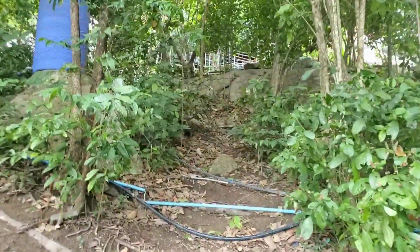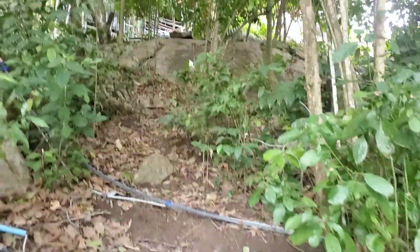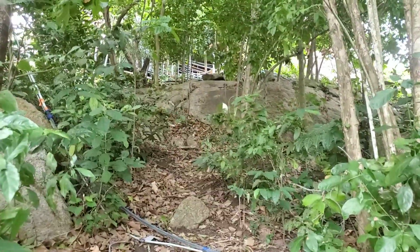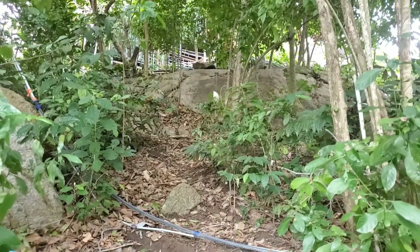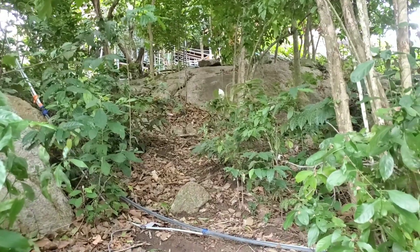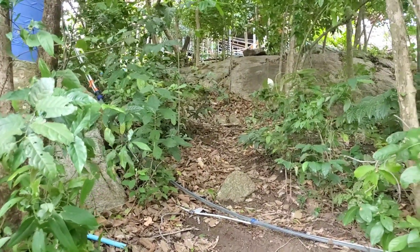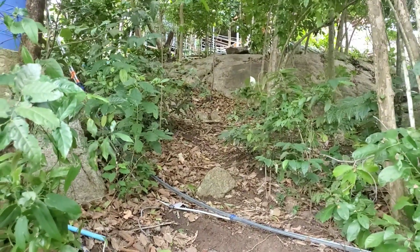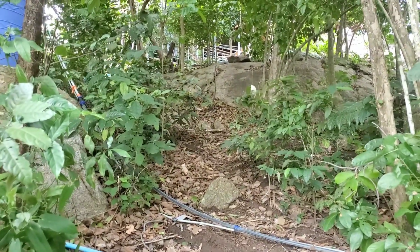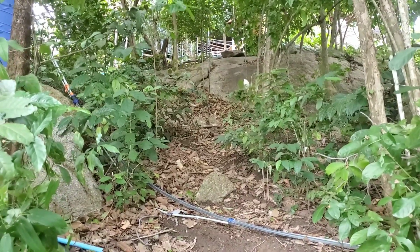Okay, so up there it keeps going, and there's a nice juice bar there, but I'm not gonna go up to the juice bar because it's both the house of the family and their juice bar as well, and the view is just superb. I went there a couple days ago, chilled there, got a juice, and the view is magnificent. It just made me realize, okay, your next house here has to be on a sea view on a height,